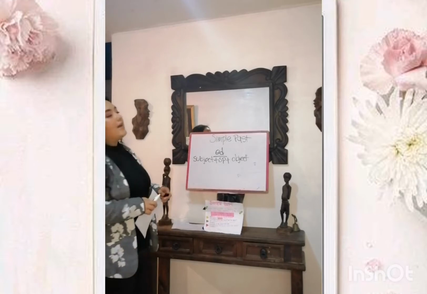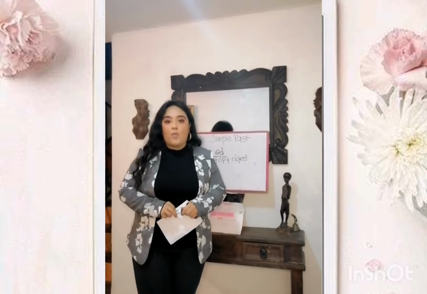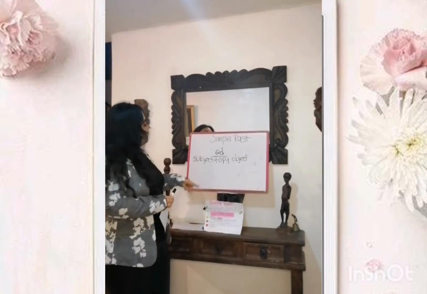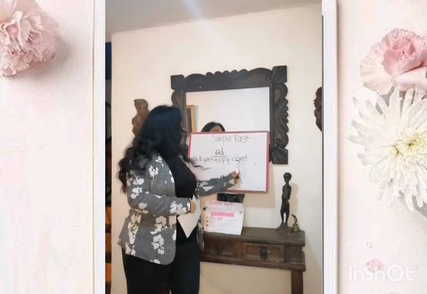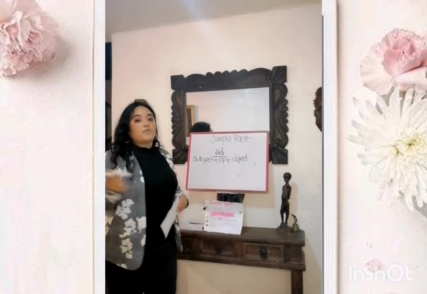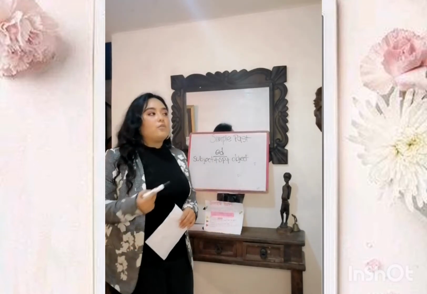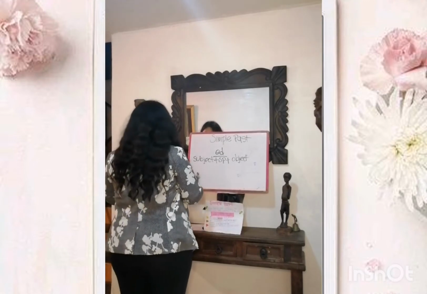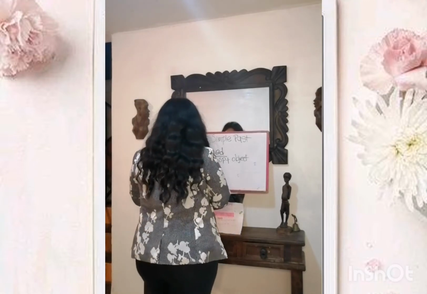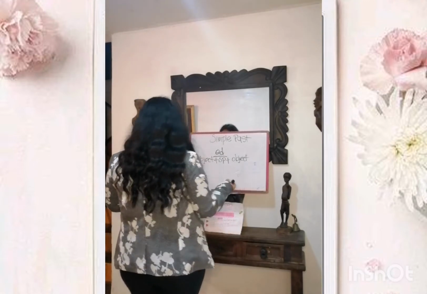Okay, so a sentence for simple past is composed of the subject, the simple past, plus the object. If we start writing down a sentence about this, I will give you an example. So it will be, for example,